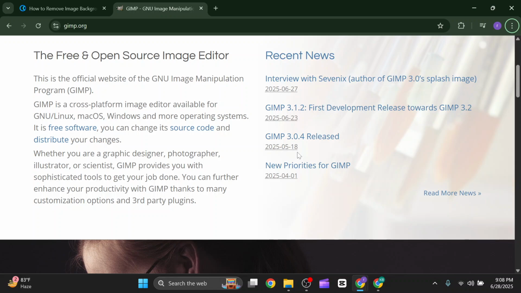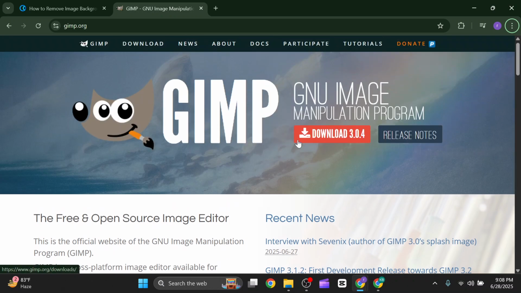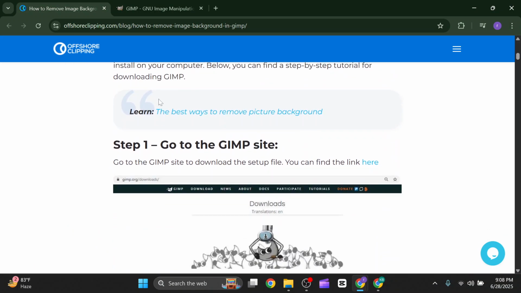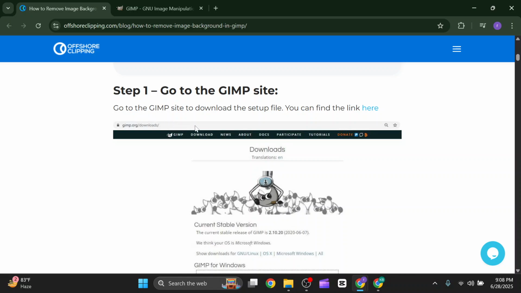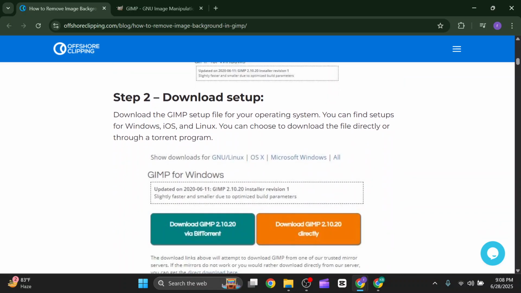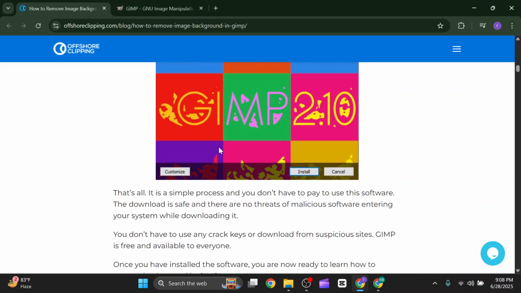In this video I'm going to show you how you can remove background in GIMP. For that, first of all, you have to go to the GIMP site to download the setup file. You can find the link from here, and after that you have to download the setup and install GIMP, and